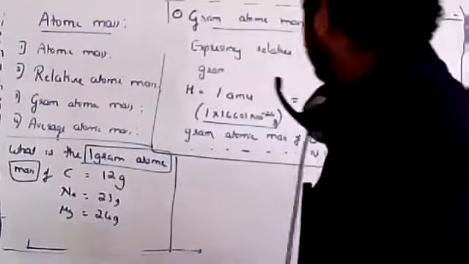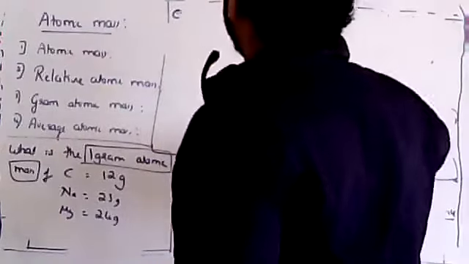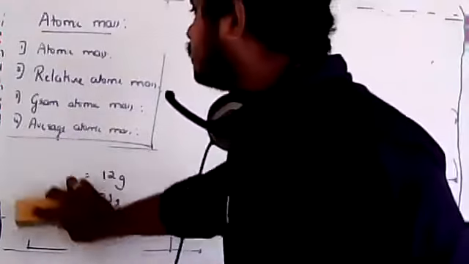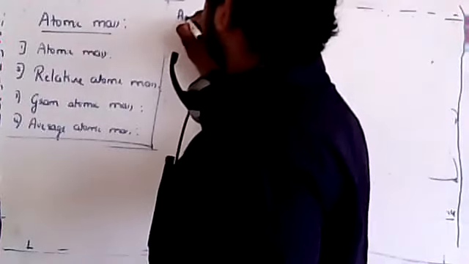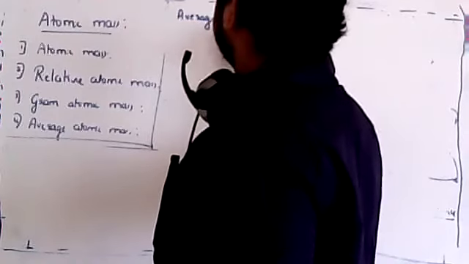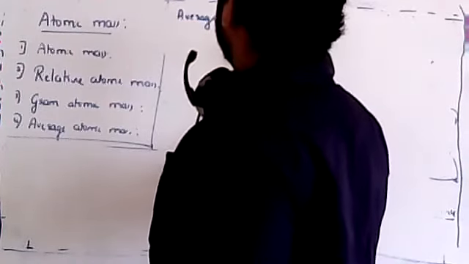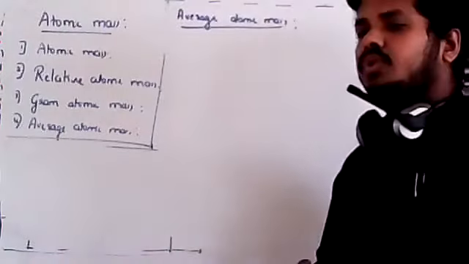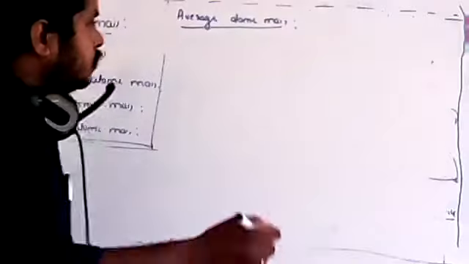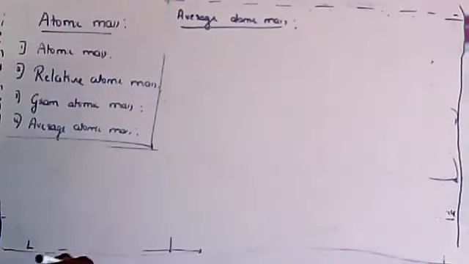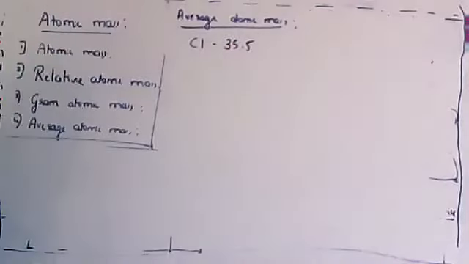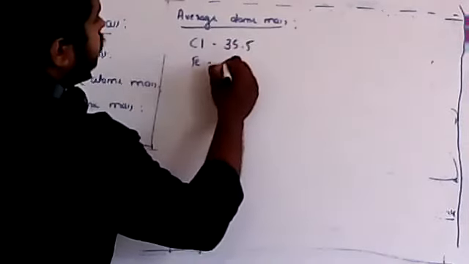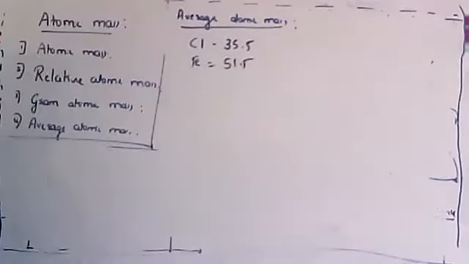Let's continue then. After understanding these things, let's continue with the last and most important one, average atomic mass. So let me understand this by going slowly, one point at a time. If you have seen the periodic table, there it is written that the mass of chlorine is around 35.5, or the mass of iron is around 55.5, or the mass of oxygen, nitrogen.